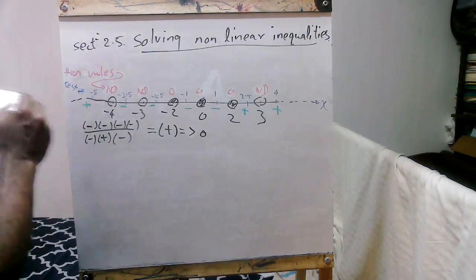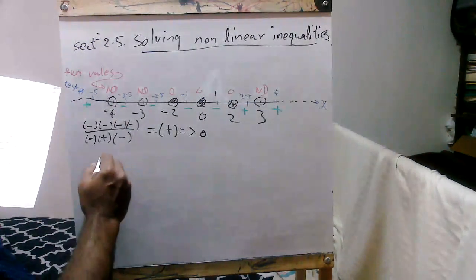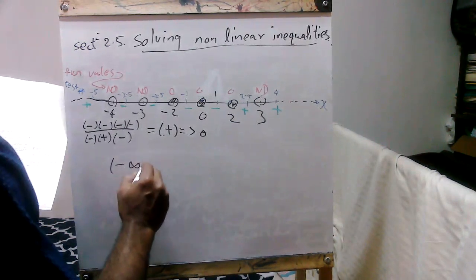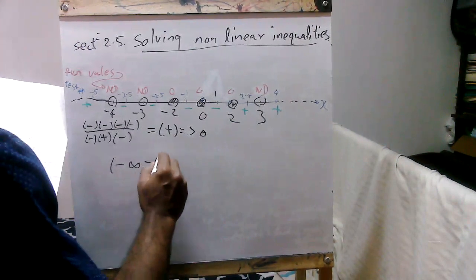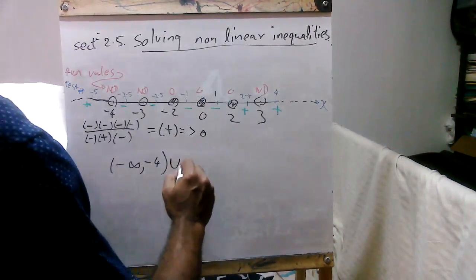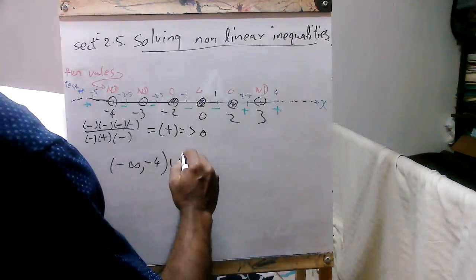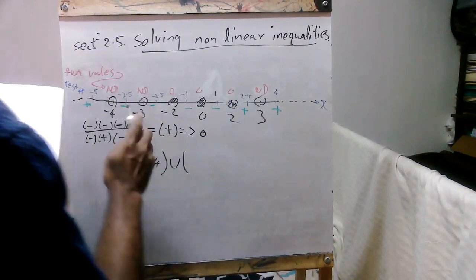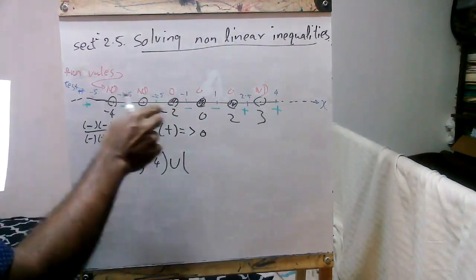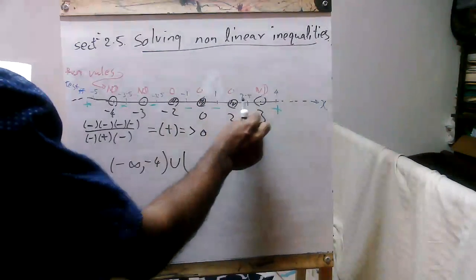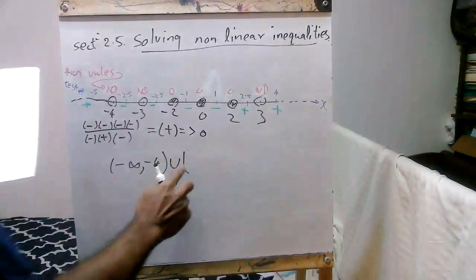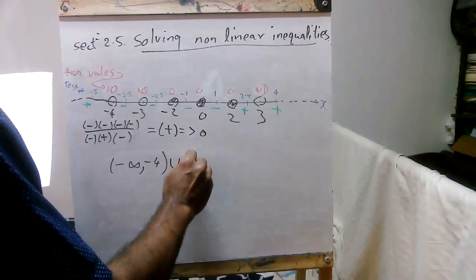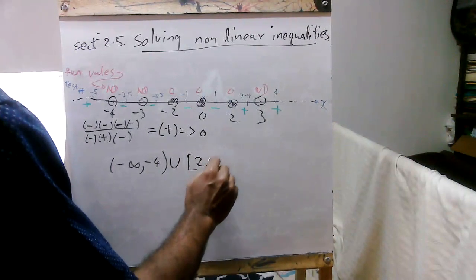It is positive from negative infinity to negative 4, union, which means or, 2 comma, here it is positive, after that it is positive here, that means 2 to 3. 2 is shaded, therefore we have to use brackets. 2 to 3